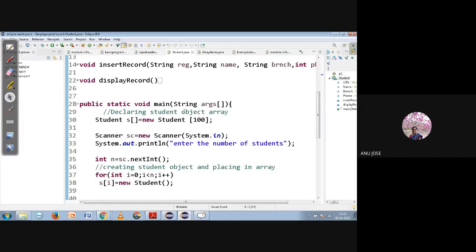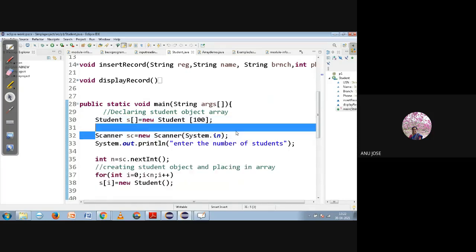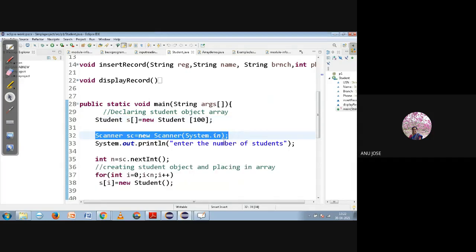And we are having the main function. Inside the main function, we are creating an array called student S. S is the array name we are having. After that, we are reading the input from the user. For that, we need the scanner class, so a scanner class object is created. After that, enter the number of students. How many students are present, that detail will be read.